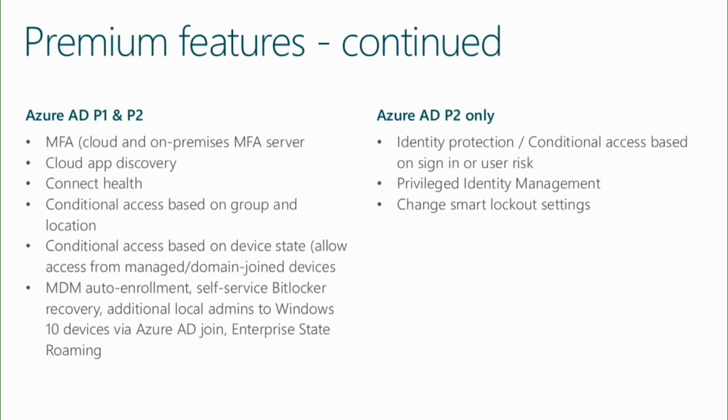And then with Azure AD P2, you get into what's known as privileged identity management. Privileged identity management is a concept we'll talk about a bit later on, but it allows a user to elevate their privilege to a higher level to perform a particular task. For example, an administrator wants to reset a password. When they're logged on as their normal account, they can't. If they try to perform that task, it will allow them to elevate to an administrator to perform that task and then de-elevate them to a regular user when they're done. This avoids the problem of the administrator always logging on as an administrator versus having to manage two accounts.